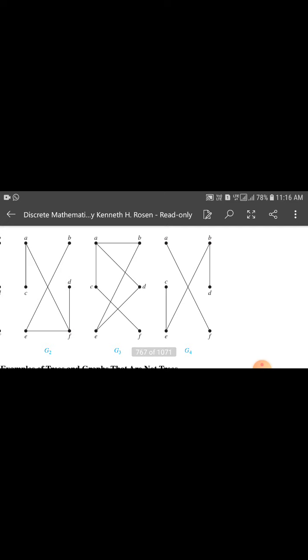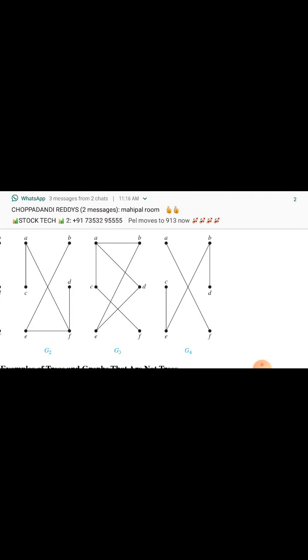And observe G4. G4 is not connected actually. Observe, AF, there is an edge. Okay, so this is not connected to the other vertices E, C, E, B, D. So this is another graph. So these two are separate parts here. Of course, AF and BE cross over, but are not linked with these graphs. So that's why this is not called a tree. G4 is not connected, that's why.